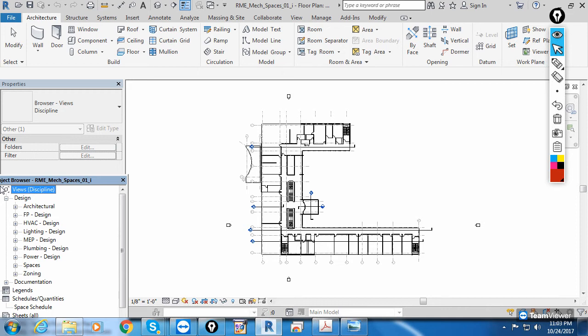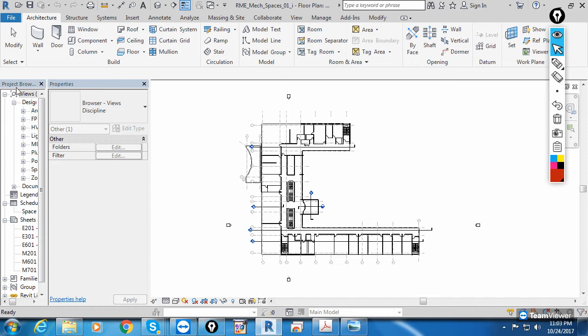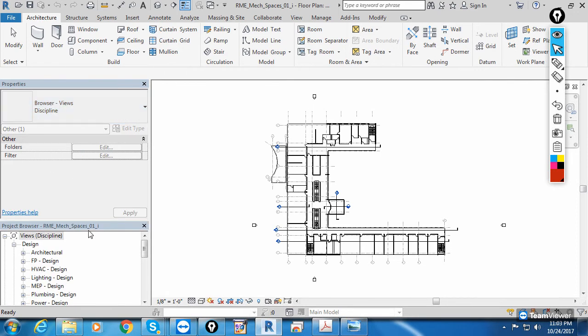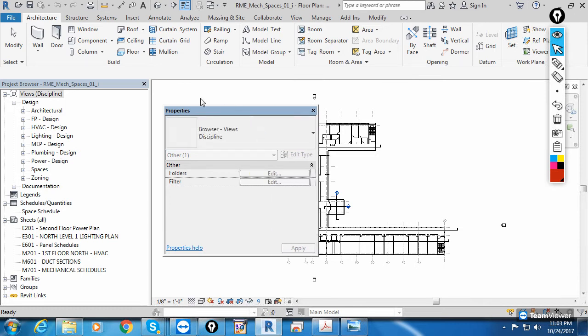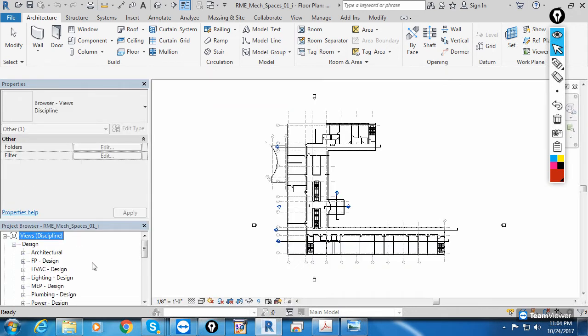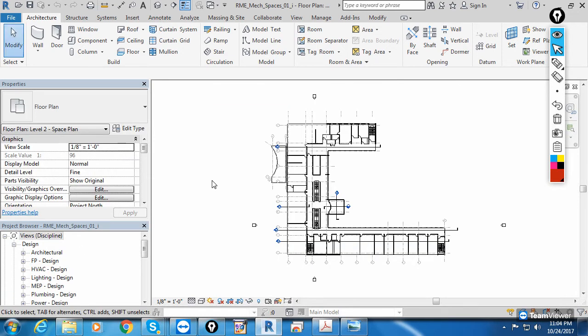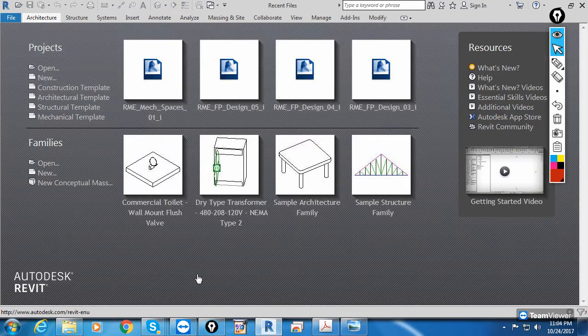First point is create new project. You can follow the screen also.